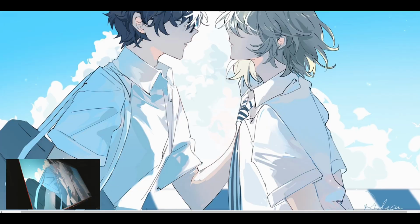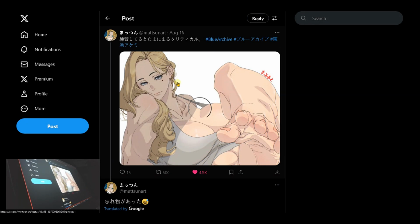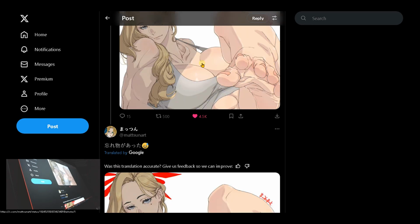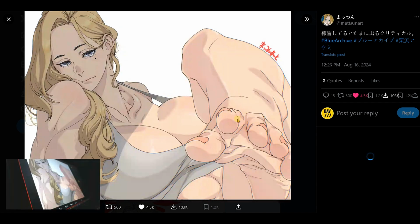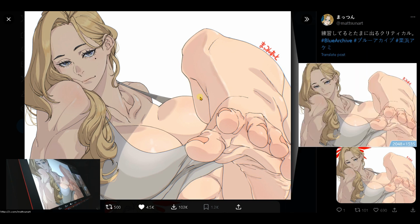So let me introduce you to the work of. There you go. Let me just open this because I want you to zoom in on this. Oh, it's taking too long to freaking load. There you go. That's it. So we have mattsunart here, or mattsun art. I will link this artist too. By the way, there's no nudity here. They do have a thing for